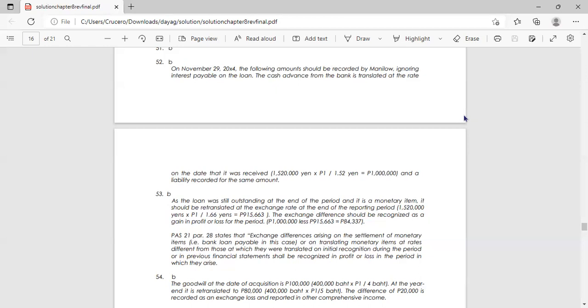So that gives us 1 million and a liability recorded for the same amount. So number 52 is 1 million. December 31, bank loan payable: the exchange difference that should be recognized in profit or loss for the period amounted to. So number 53 is